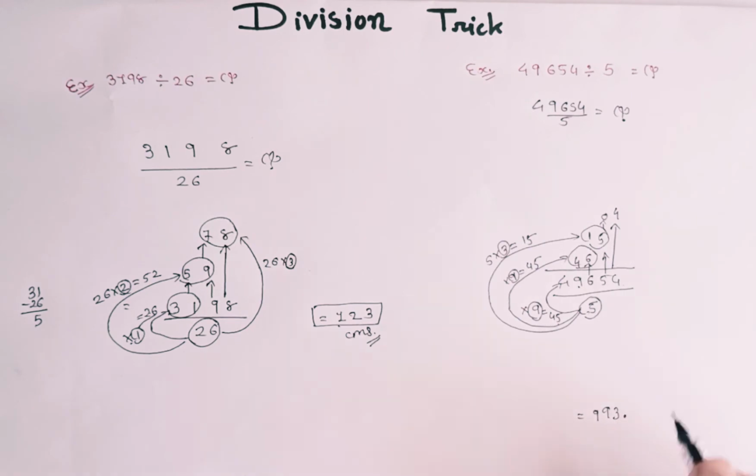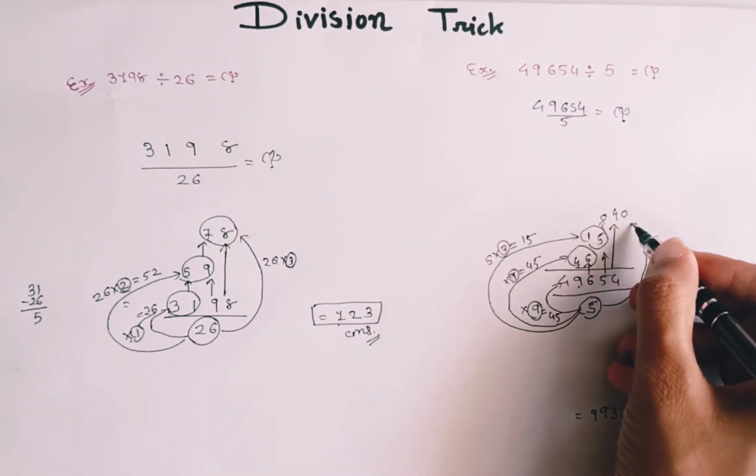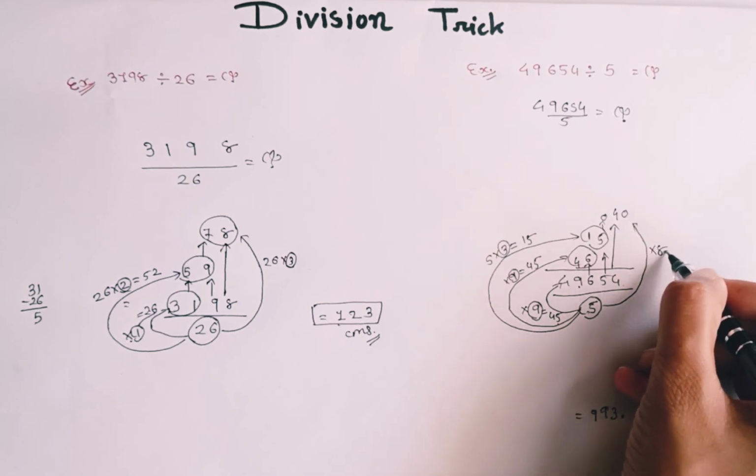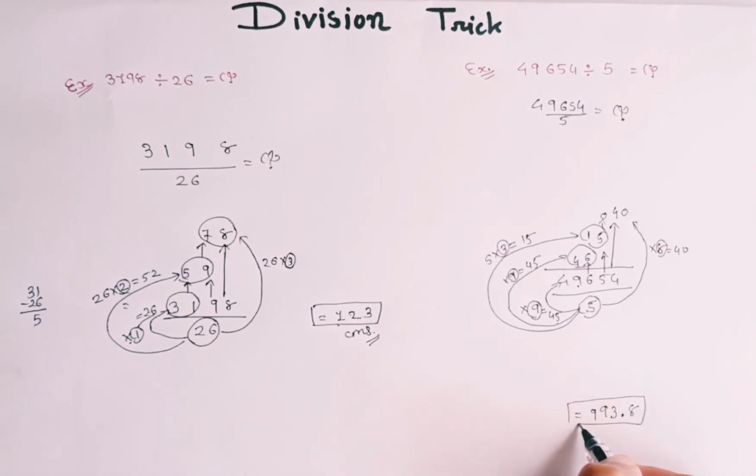So, we put point and 40. 5 8s are 40. So, 8 is last digit of answer. Answer is